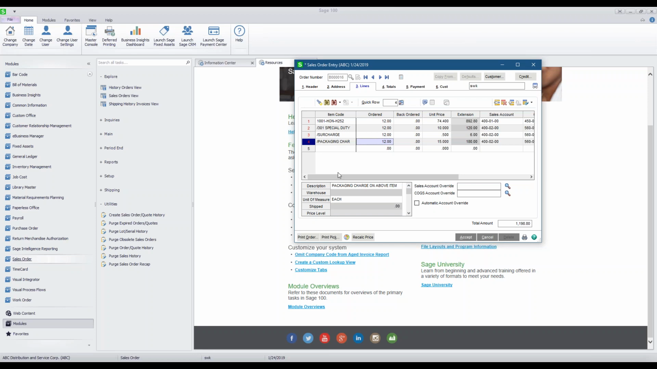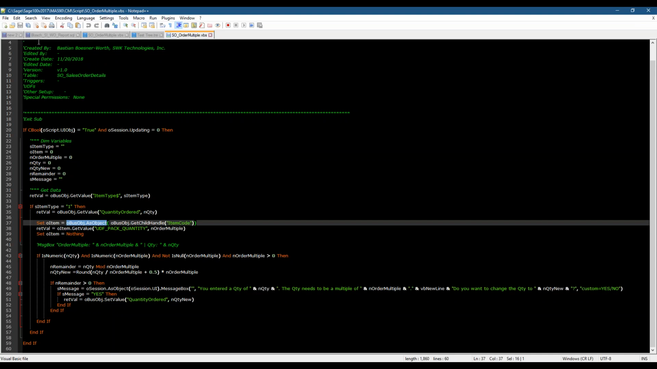So if you have these instances where if you have a particular item, then you always have to add something to it, well, that's an easy way to automate Sage and make it work for you in a much better way. I think I can quickly show you that, and then we are probably already at the end of our